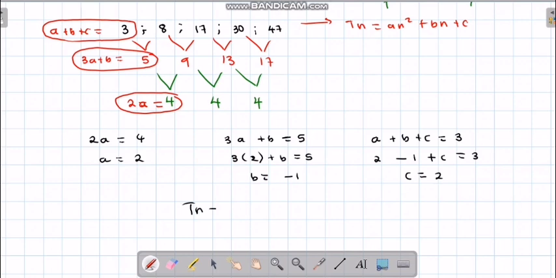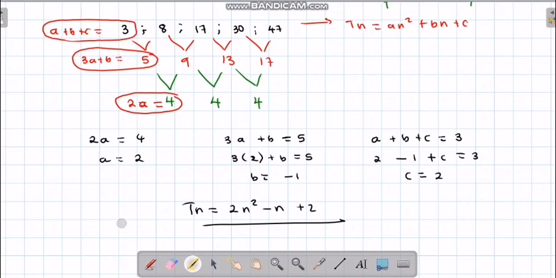Therefore our general term, where we see a, we put 2n squared. Our b is -n, then our c is 2. Then we're done. So that's how we determine the general term of a quadratic pattern. Then now we said something, folks, just to explain it. We said a quadratic pattern